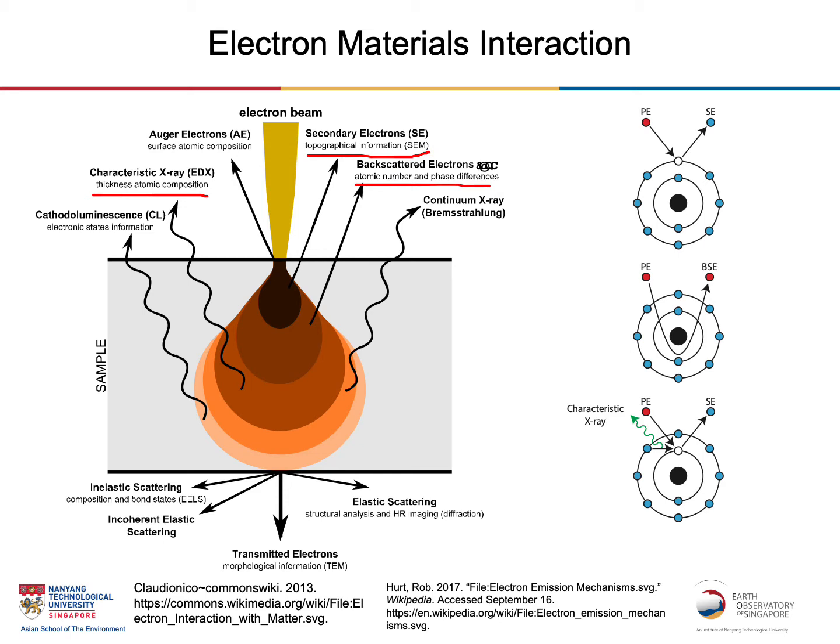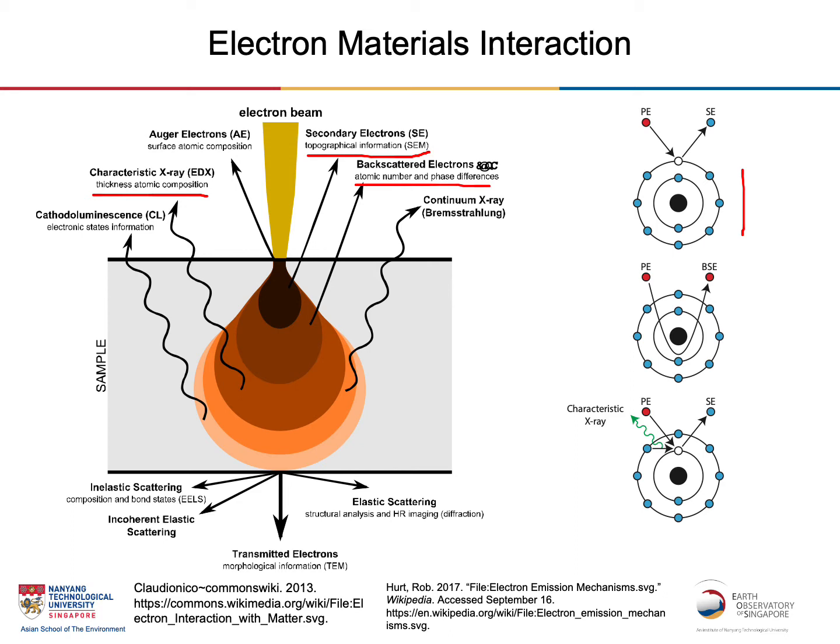And the image on the right is a much simpler schematic to show how those effects, such as the secondary electron, the backscattered electron, and the characteristic X-ray, were generated. Okay, on the first one, let's focus on the generation of secondary electron. So what happened here is that the primary electron, which is the electron we use to bombard a sample,